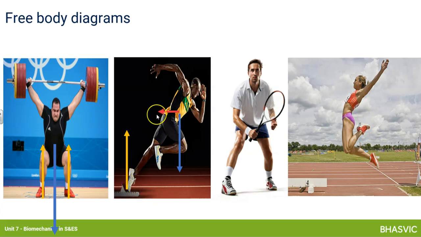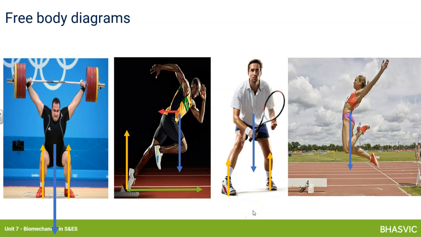We've got air resistance, which wouldn't be particularly significant with a sprinter. And we've got friction force, which, especially because of the blocks, is much larger, which makes sense really, because this being a smaller arrow, this being a bigger arrow in the direction of motion, means that this athlete's going to propel themselves forwards in an acceleration. We've got weight working downwards, we've got ground reaction forces equaling that upwards, and in this final example we've got